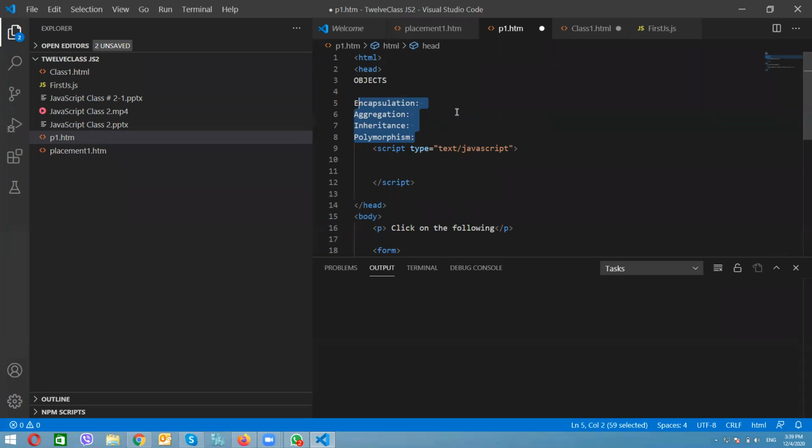Now, what is an object property? Object properties can be any of the 3 primary data types, or any of the object data types, such as another object.